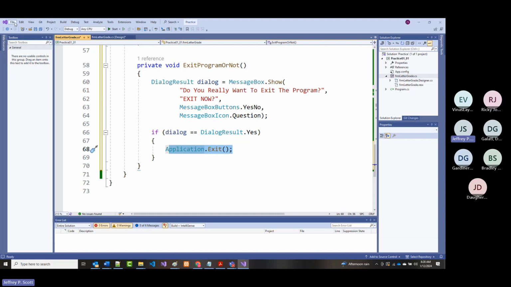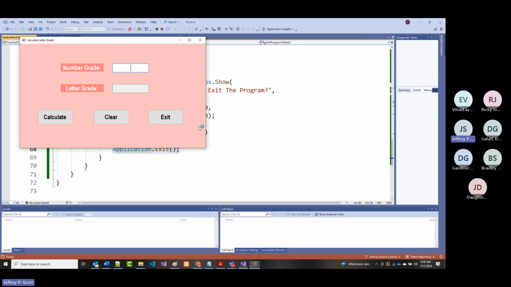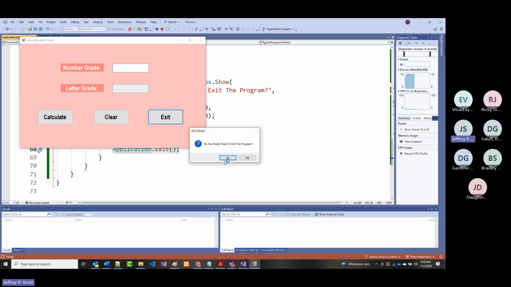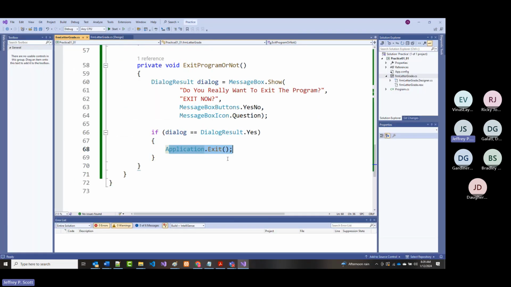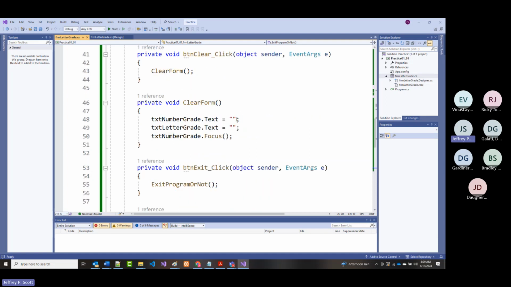So let's again do a file save all, and let's run it again and see if that works. Exit. If I say no, I stay in the program. Exit. If I say yes, I'm going. That's good. So that's all working. All right. So the only thing to do yet is my